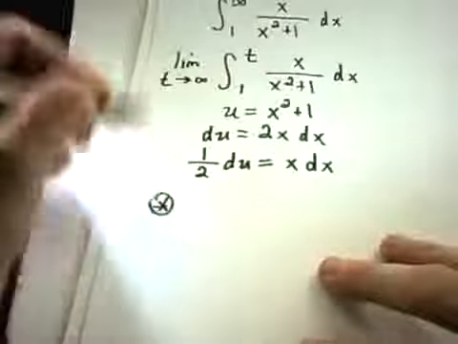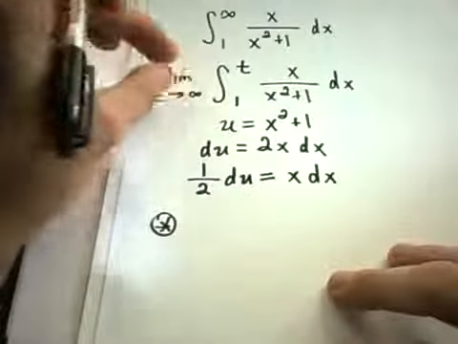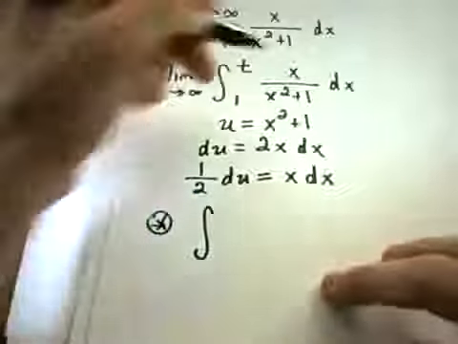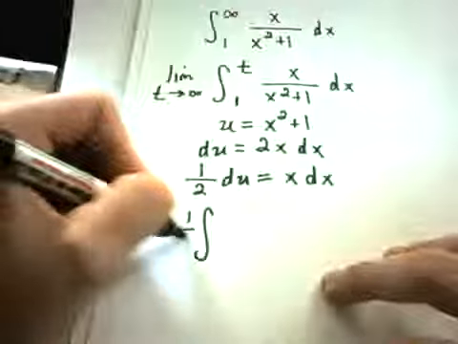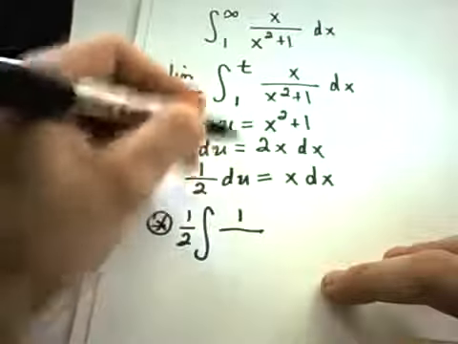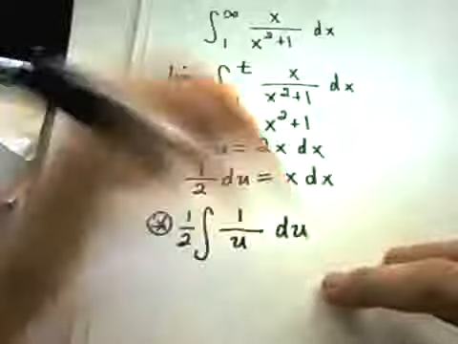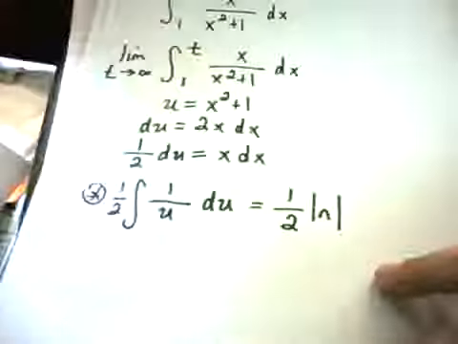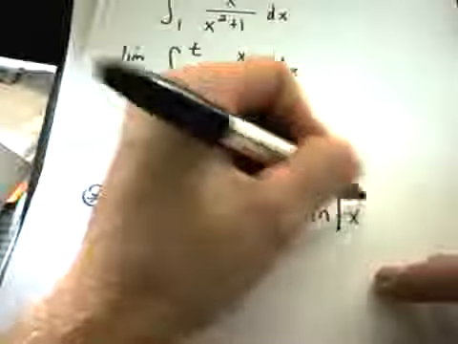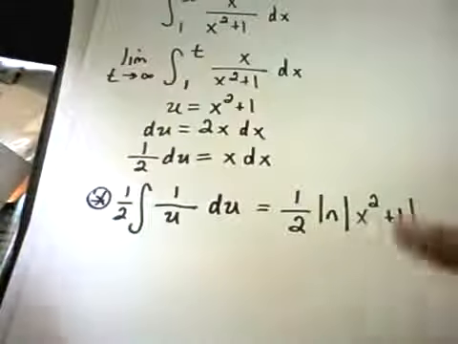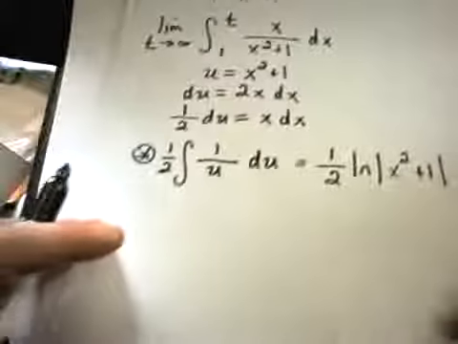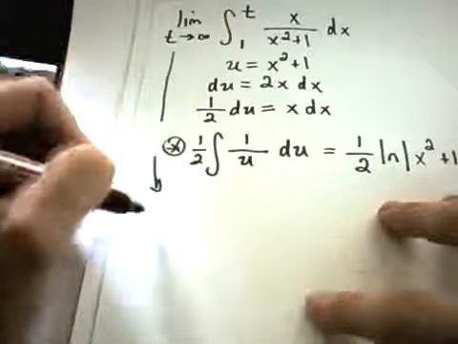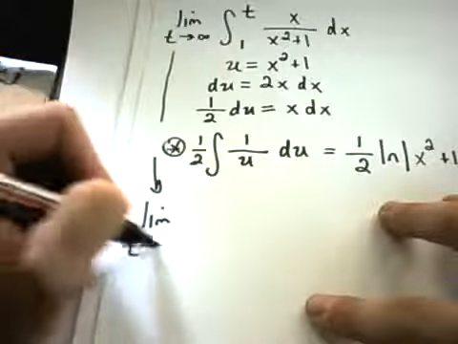And I'm going to just kind of examine the indefinite integral. I'm going to forget the limits, I'm going to forget the 1 to t. So if I plug all this in, my x dx is going to be replaced with 1/2 du. And then I've got 1 over u left in the denominator. So if I integrate this, I'll get 1/2 the natural logarithm of u. But again, u in this case is x squared plus 1. And technically, tag on a plus c, but that's not what we're doing in this problem, so I'm not worried about it. So it says this integral is going to turn into the limit as t goes to infinity